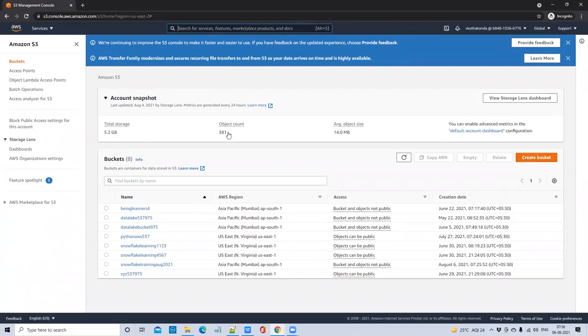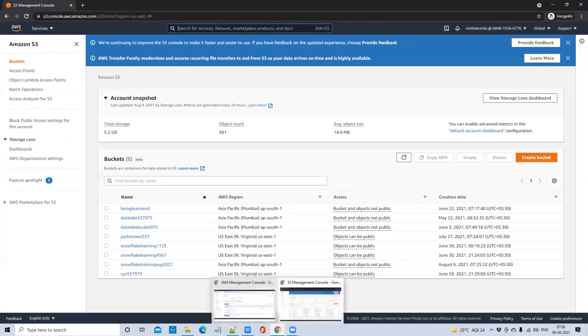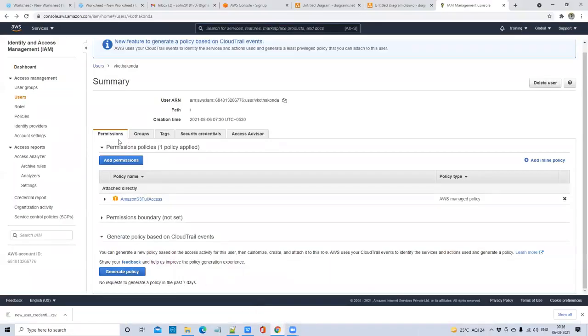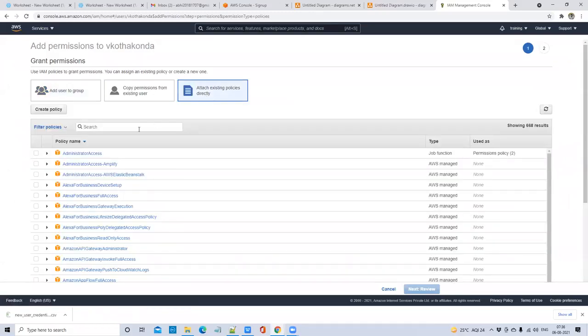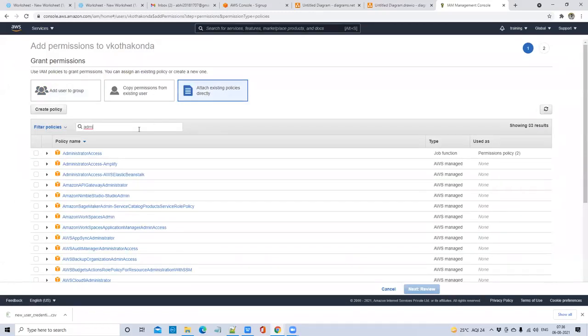Let's say you want to make this user an administrator. There is another privilege, so you can add permission again. What is that permission? It is administrator access. If you give administrator access, the newly created user can also create other users and a lot of stuff he can do.